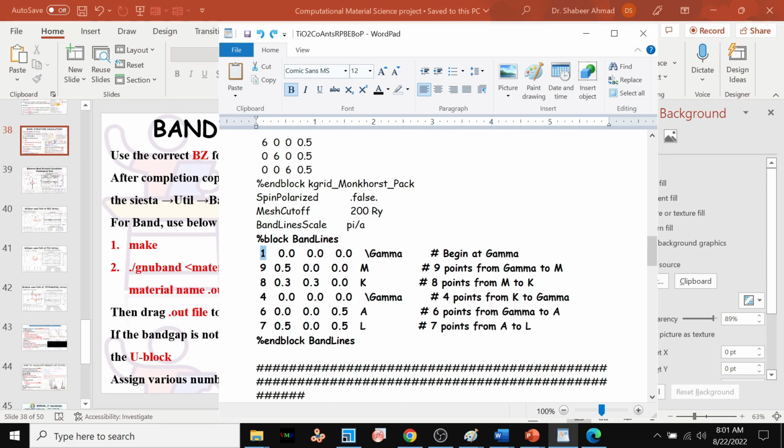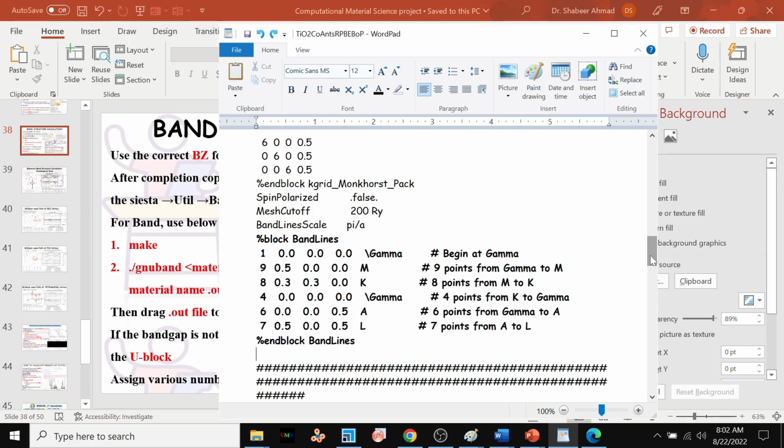From gamma to M 9, from M to K 8, from K to gamma 4 points, from gamma to A 6 points, and from A to L 7 points. When we include this block in the input file and run the single point calculation, it will give us the